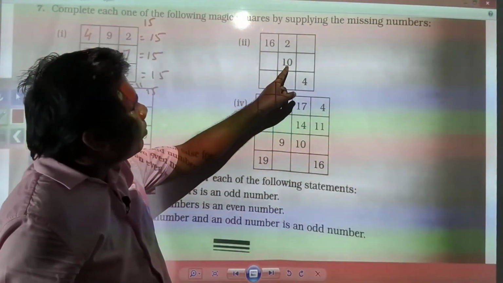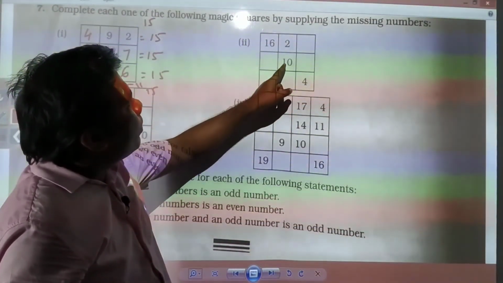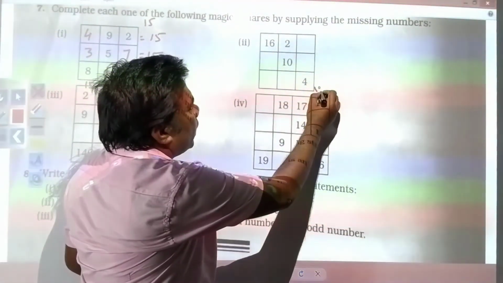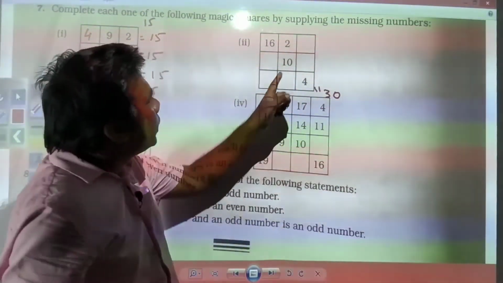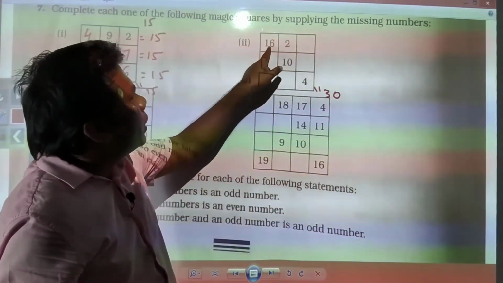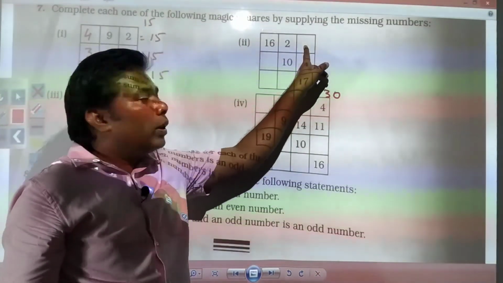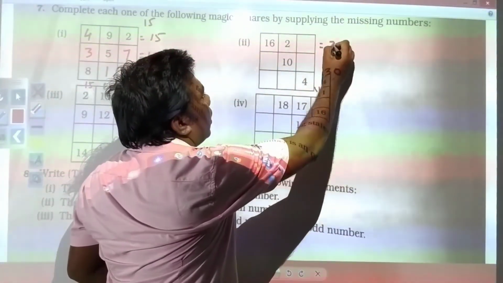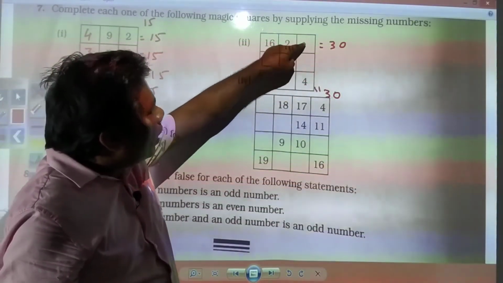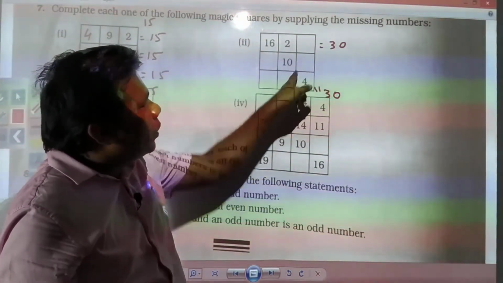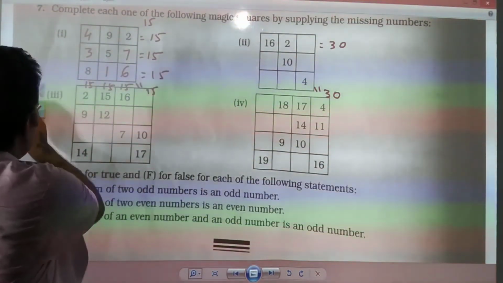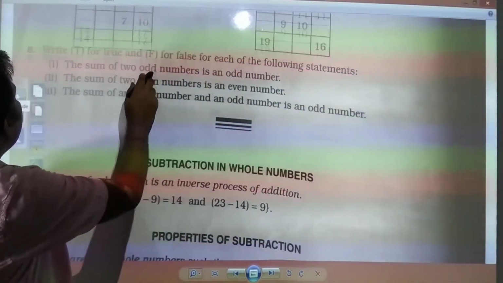16 plus 10 is equal to 26, and 4 is 30. Here you are getting 30. Now you see here what number should be there, so that 16 plus 2 is equal to 18, what number will you need so that you will get 30? You think yourself and write down. And in the same way, see the other numbers also and try to complete this. So all these you need to do. Then you have